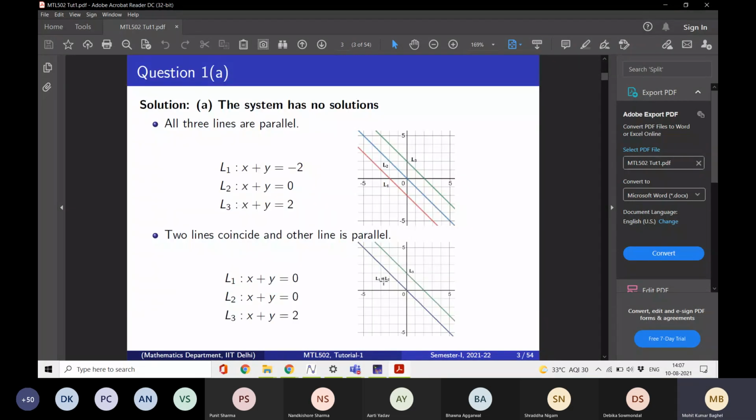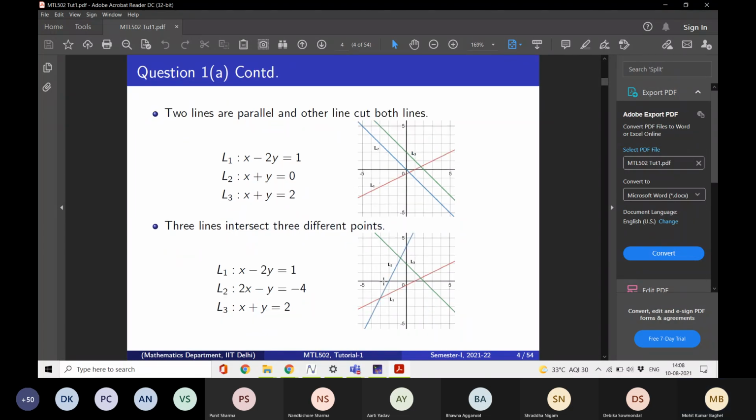Right now it is a geometrical interpretation, so you are able to give an answer by just drawing the linear equations, and there are several cases. There is another possibility where two lines are parallel, but the other line is not parallel to the given two lines. But again